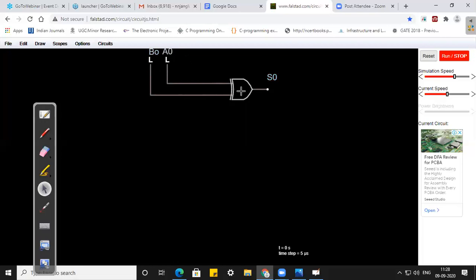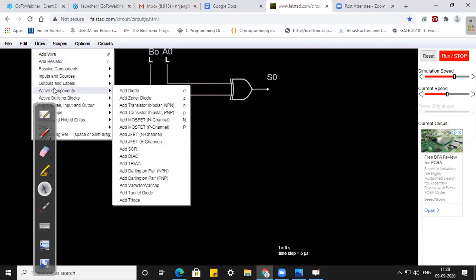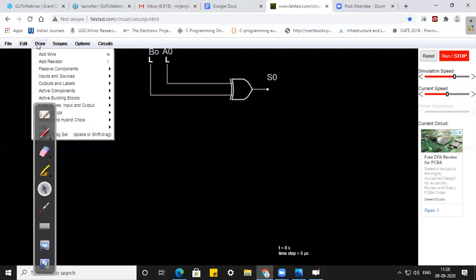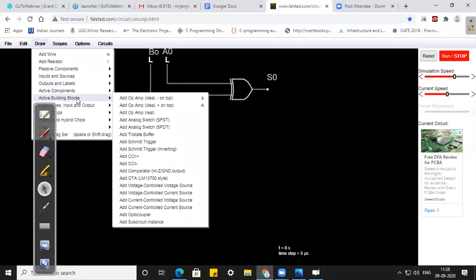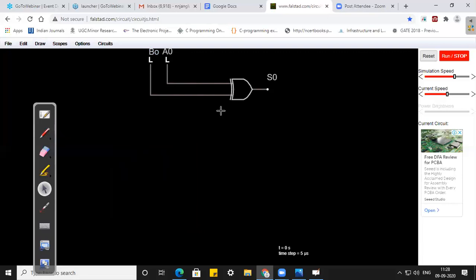Now from this I will get the sum only. I have to add these two bits, and adding them will give a carry. And how to get the carry? The carry we obtain from A0 dot B0. So here I have to take one AND gate. This AND gate will give me the carry. Again I connect this AND gate through A0 B0. This is A0 dot B0, and this is my output.